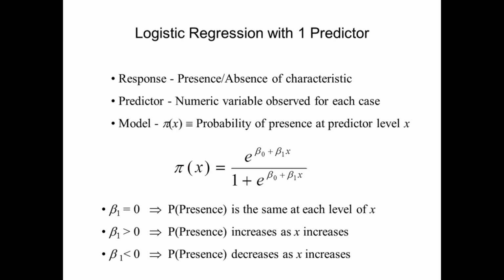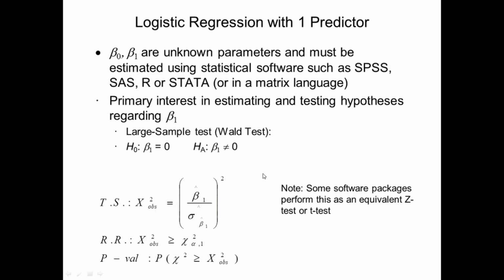When beta 1 is positive, it means that the probability of presence increases as x increases. When beta 1 is negative, it means that the probability of presence decreases as x increases. So that's the logistic regression, and in logistic regression we can estimate our parameters beta 0 and beta 1